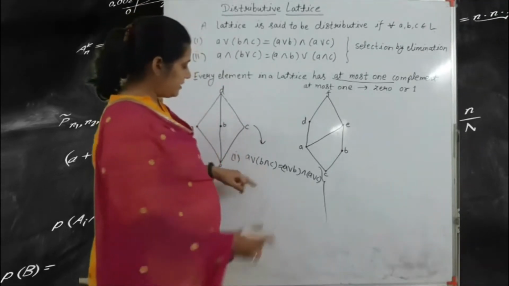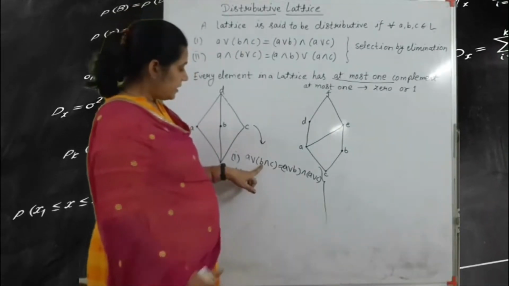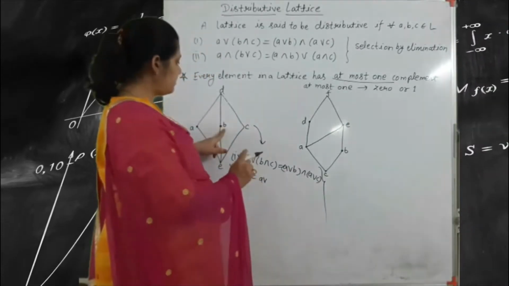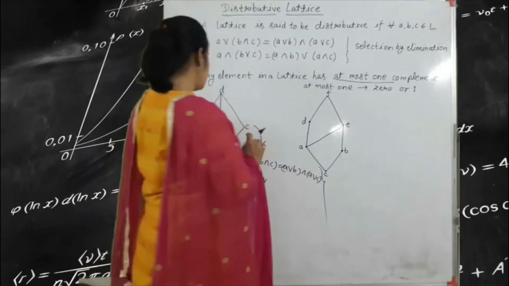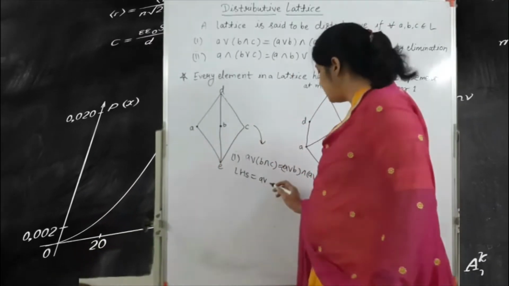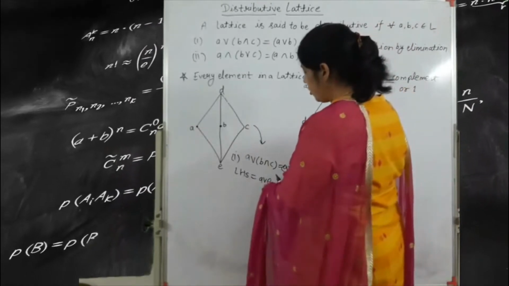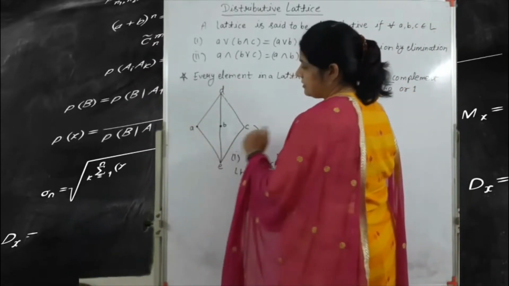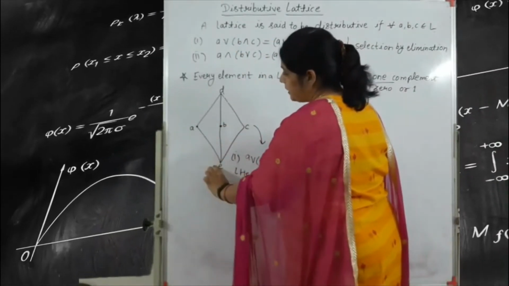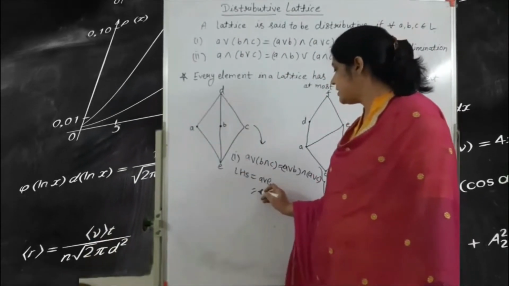Okay, so first we write here the LHS. According to LHS, A join B meet the C. So this is B and this is C. So what is the B meet C? B meet the C, that means what? E. So we write here E. Here again A join E. So this is A and this is E. And A join, that means what? Upper bound of the system. So A and E, upper bound of the system is what? A. So we write here A. Okay, this is your LHS.